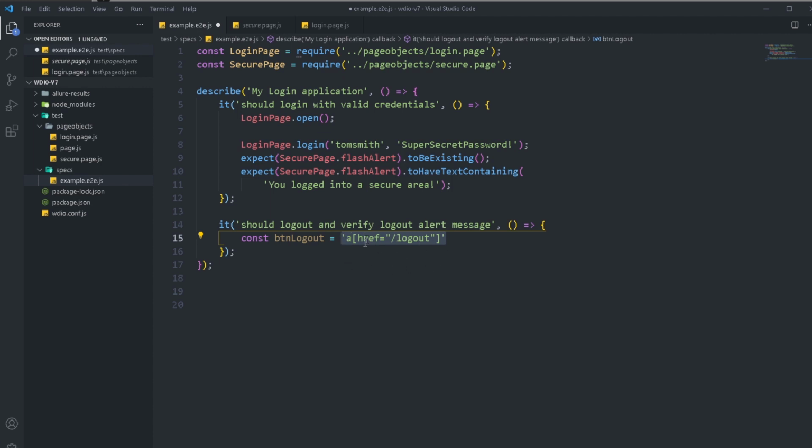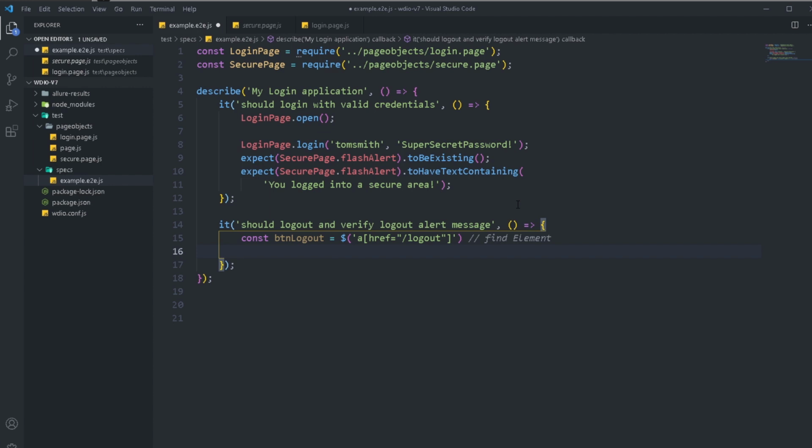Currently this is just a basic string. To make this a WebDriver IO element, I can type in a dollar sign in front of it. The moment I add the dollar and the parentheses, I made this a WebDriver IO element. What that does is it is equivalent to doing a find element on this particular element. So when I run this test, WebDriver IO will go ahead and try to find this element. But if I don't add the dollar, it will simply take this as a string, basically just a variable that contains this string. But the moment I add the dollar, WebDriver IO will try to find this element on the page. And I will add this comment here just for your information: this will do a find element for this particular element.